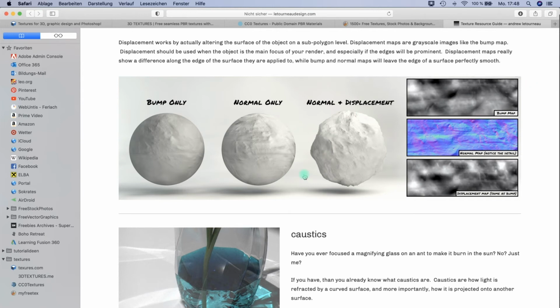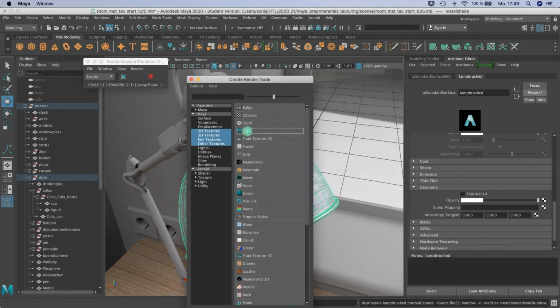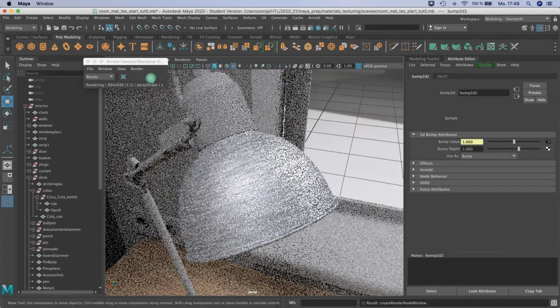And the displacement map, you see here the complete geometry actually is changed with that, but I will explain that in another tutorial where I do some special material stuff. So that's just for a short view, and I use actually a bump map here, actually the same brushed map because it's black and white. So I'm just adding the files, switch off here my live rendering,